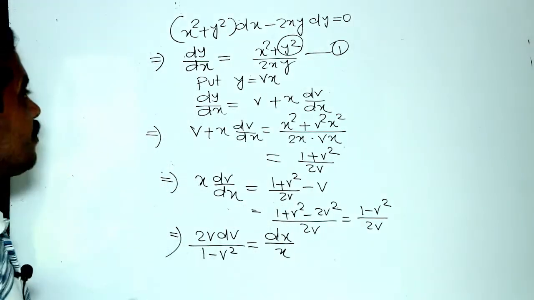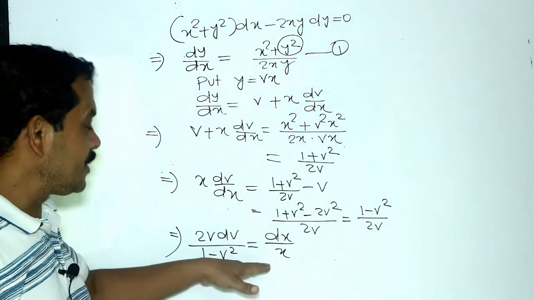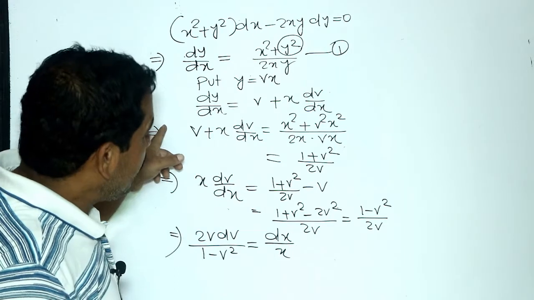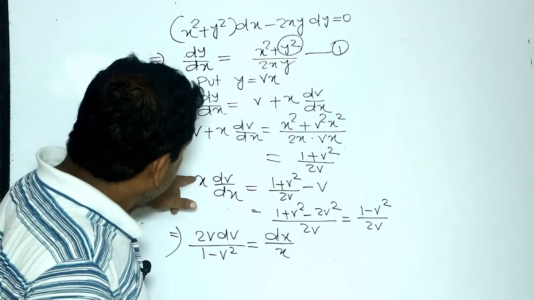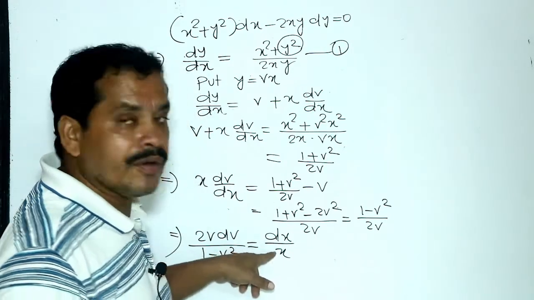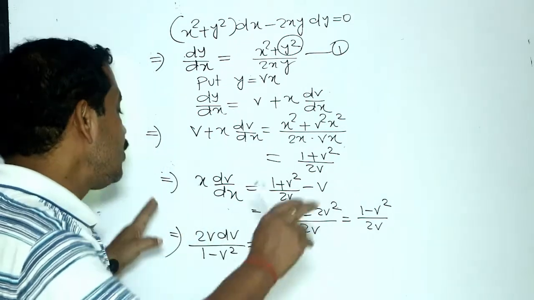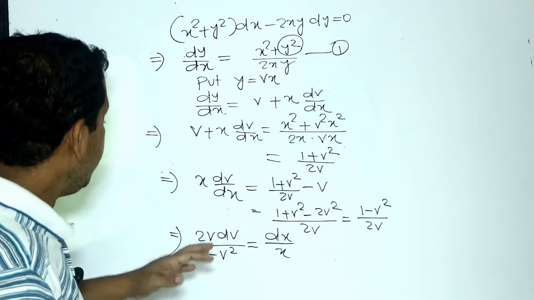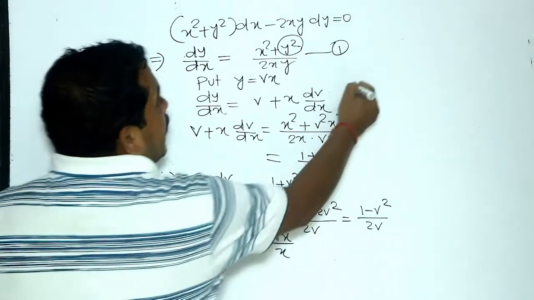By variable separation method, this denominator becomes the numerator of the left hand side and here the numerator becomes the denominator of the right hand side. And then you separate the terms v and x. Now we have to integrate both sides. Integrating both sides,